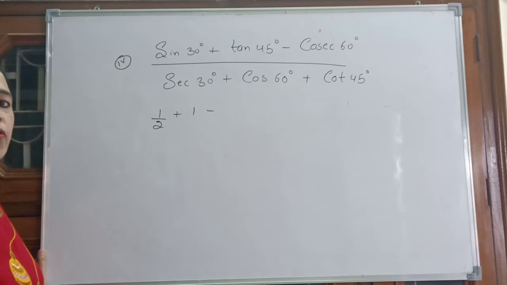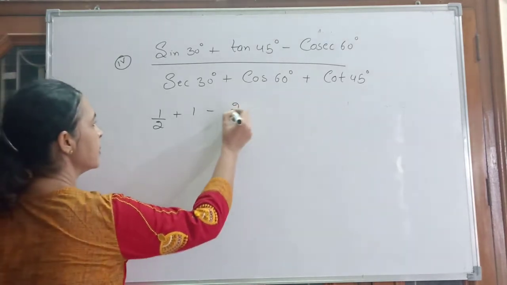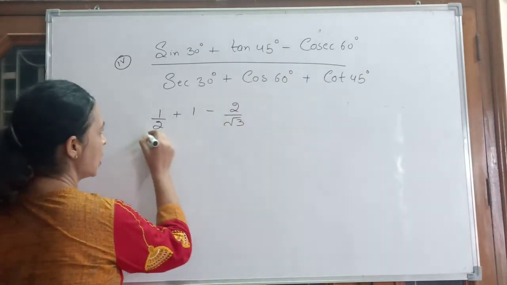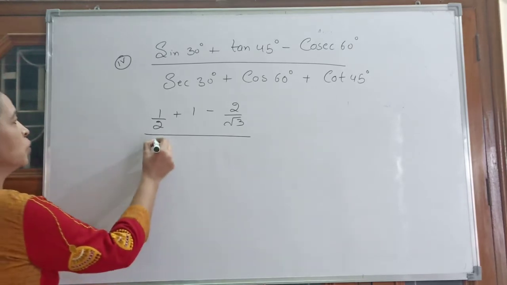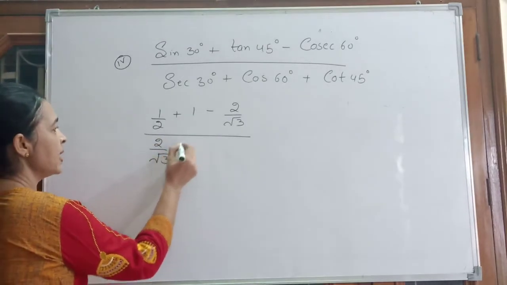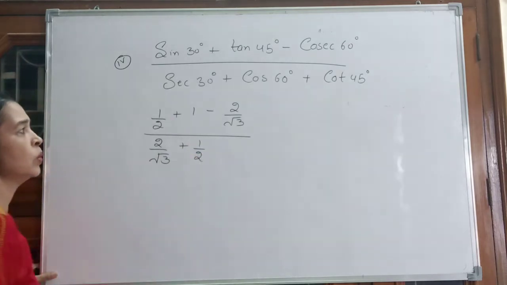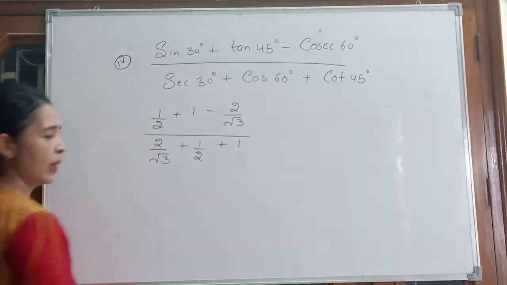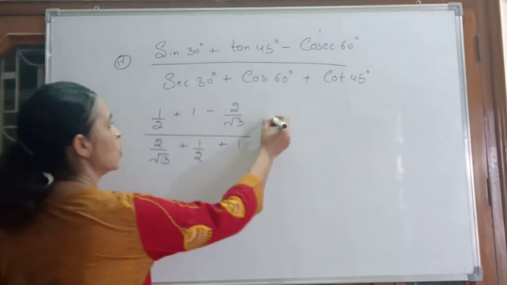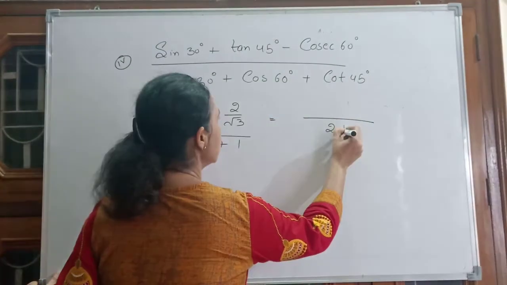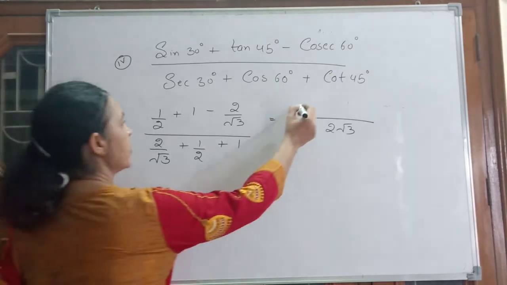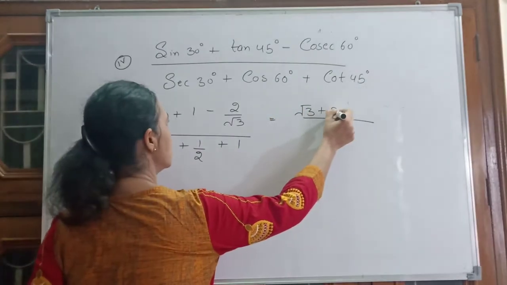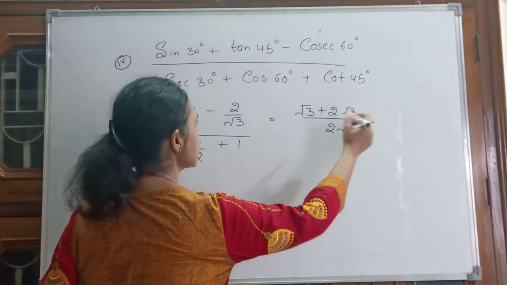Cosec is reciprocal of sine. Sine 60 is root 3 by 2. Cosec 60 is 2 by root 3 upon sec 30, reciprocal of cos, 2 by root 3 plus cos 60, 1 by 2 plus cot 45 is 1. Clear? Now take denominator 2 root 3. Here we have 2. We will write root 3 plus 2 root 3 minus 4